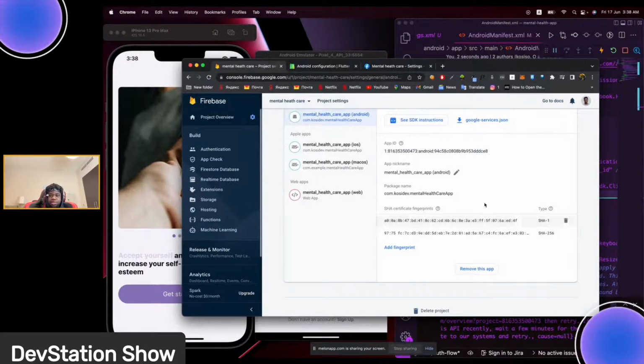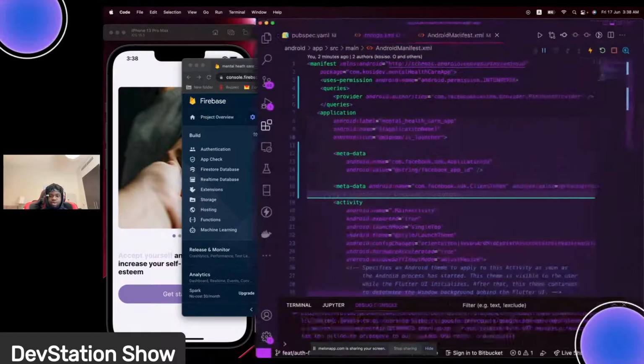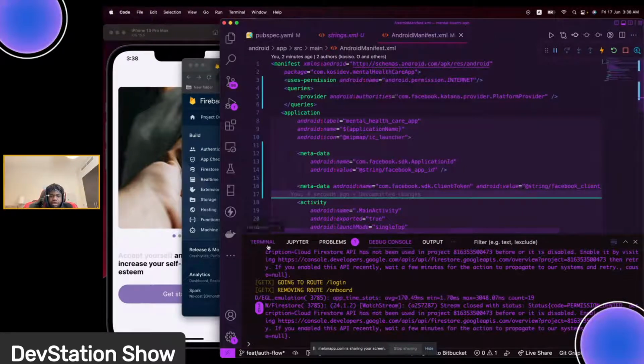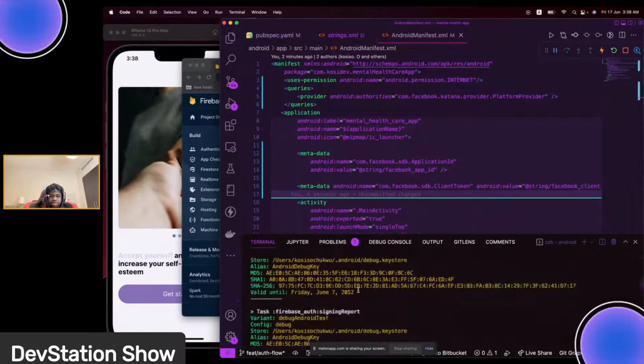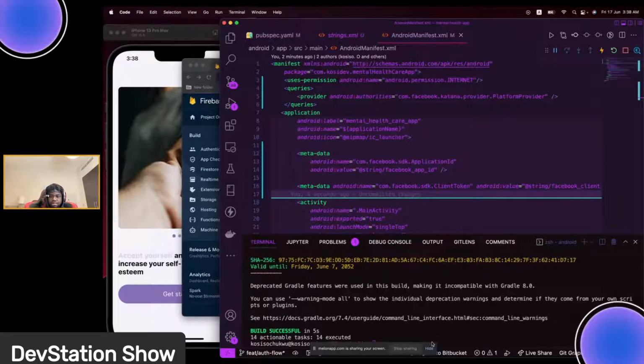So how do you get this? To do that, head over to your, so if you look over here, you can see I kind of did mine already. I generated mine, but how to generate yours is basically copy this command. This command, I'll show you. This command here we copy it, and